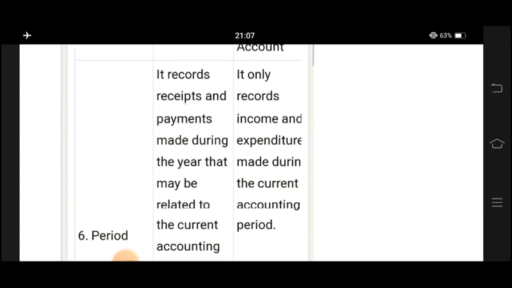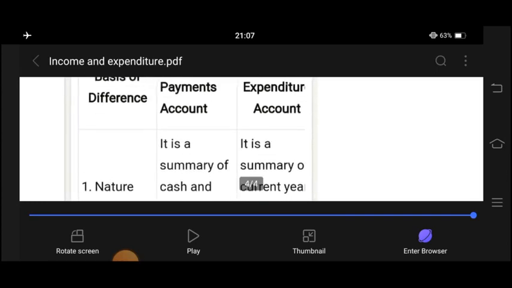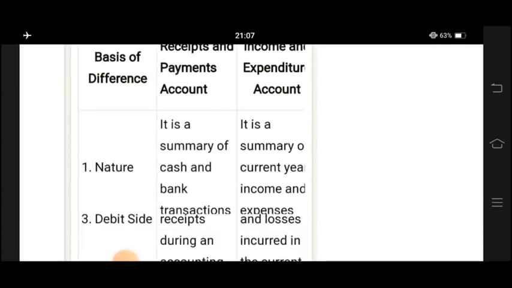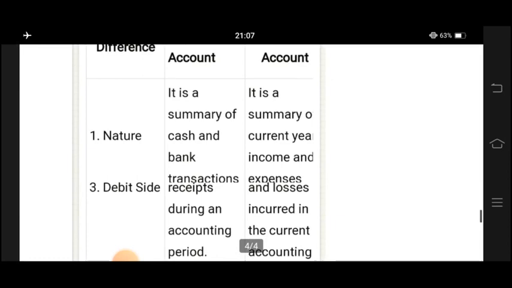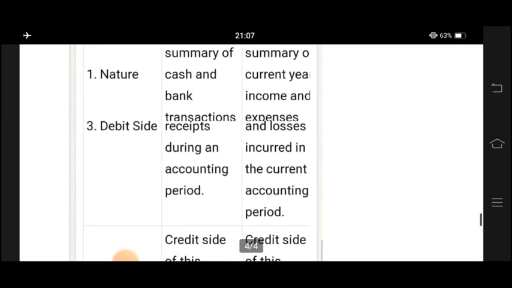So एक बार फिर से हम इन सारे अंतर्स को, इन सारे डिफरेंसेस को समझ लेते हैं. तो अल्टीमेटली अगर हम बात करें रिसिप्ट एंड पेमेंट की, तो रिसिप्ट एंड पेमेंट के नेचर में हमने कहा कि रिसिप्ट एंड पेमेंट जो है हमारे कैश ट्रांजेक्शन की समरी बताता है, जबकि इनकम एंड एक्सपेंडिचर हमारे इनकम और एक्सपेंडिचर की समरी बताता है। डेबिट साइड के ट्रांजेक्शन की रिकॉर्डिंग की बात करें अगर हम, तो रिसिप्ट एंड पेमेंट में हम रिसीविंग को रिकॉर्ड करते हैं, जबकि इनकम एंड एक्सपेंडिचर में हम अपनी पेमेंट्स को यानी एक्सपेंसेस को रिकॉर्ड करते हैं।